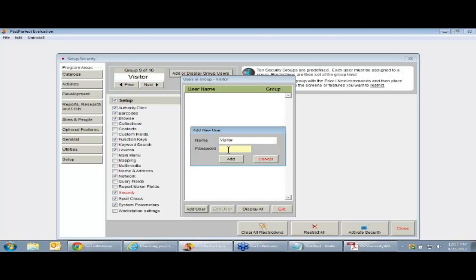For this example, we're putting the visitor's name and password probably on a sticky note that stays on the computer so that people who are walking up to the computer to use PastPerfect don't have to bother us to get a password each time. I'm just going to use a simple 1234,